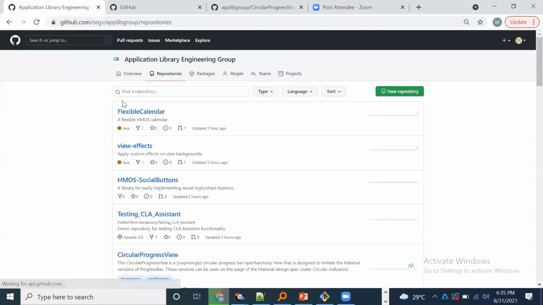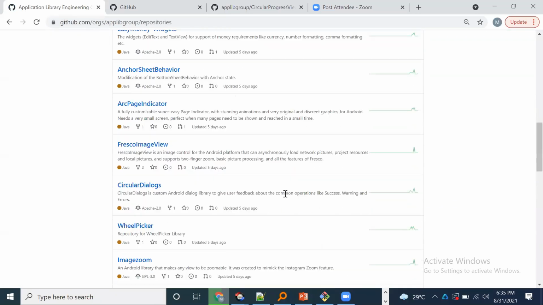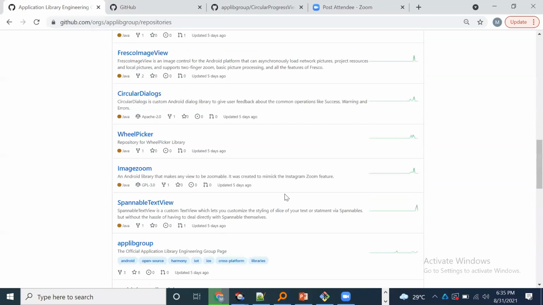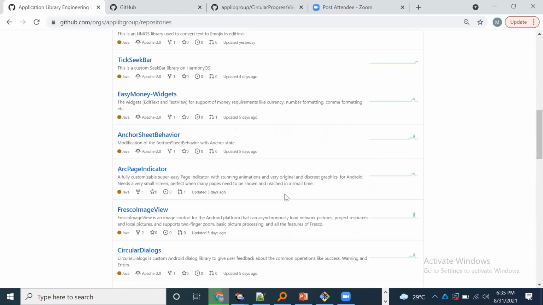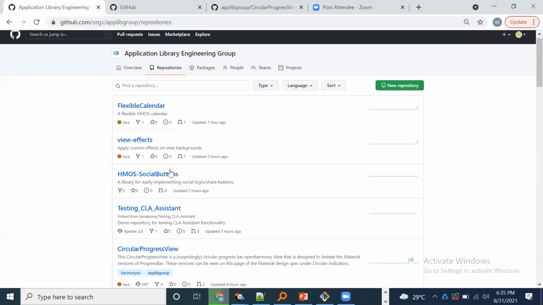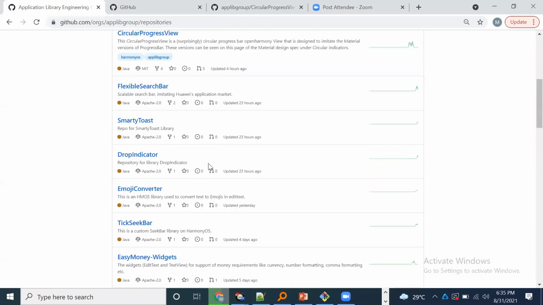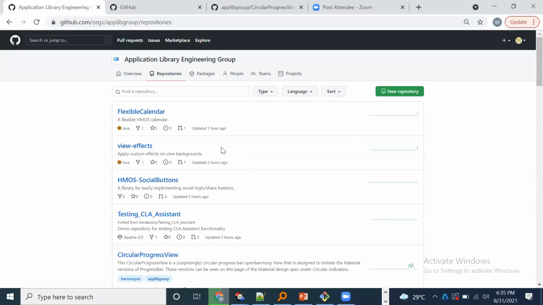Many of these projects have completed development and have already been released to Maven. Maven is a place from where you can download the library HAR file and use it to create an application of your own. Many repositories have been completed, and some are still in development.